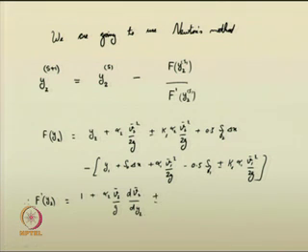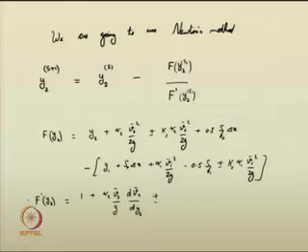Because you know v2 is a function of depth y2, that is, velocity at section 2 is a function of the depth of flow at section 2. Similarly, plus KL alpha 2 v2 by g dv2 by dy2